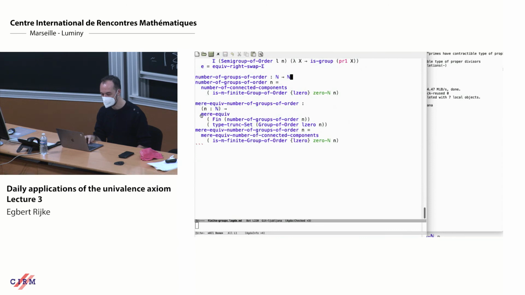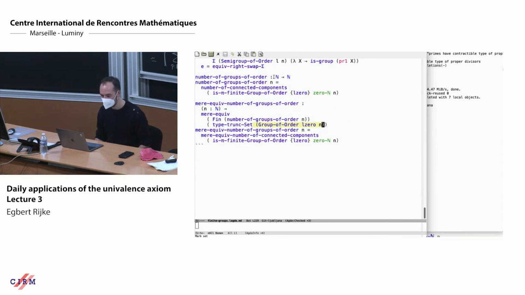I know that there's some mere equivalence from the standard finite type with the number of elements, the amount of groups of order n, to the set truncation of the type of groups of order n. So I know that this number is specified to be the number of groups of order n up to